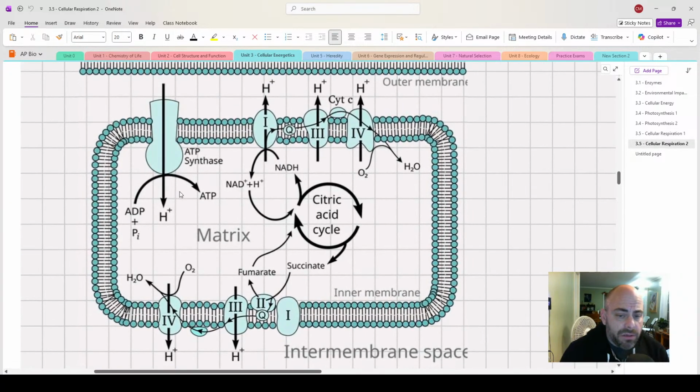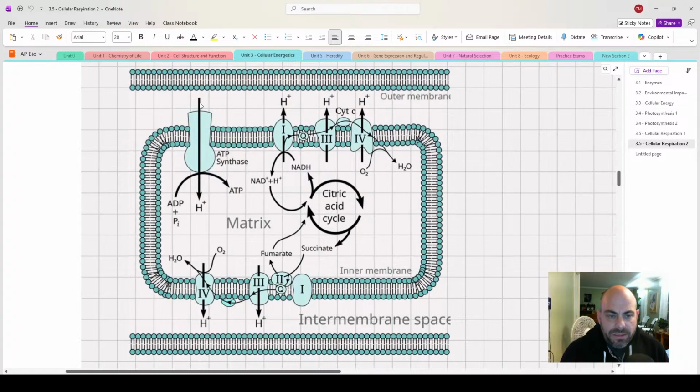The purpose of the ETC is to use electron carriers like NADH and FADH2, which you don't see on this particular picture, to make ATP. How do they do that? Well, the energy from NADH is going to power these proton pumps right here, and they're going to fill the inner membrane space, which is the space between the two membranes, with protons, creating a concentration gradient. Those electrons are going to move through these pumps and turn each one of these pumps on. 1, 2, 3, 1, 2, 3 protons. And by the time those electrons get to the end,